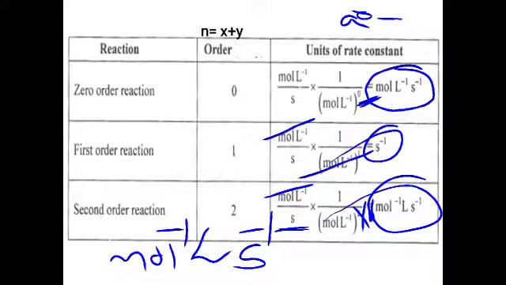So students, this is one way of finding the order of the reaction using the rate constant. We don't have any other way to find it other than the experiment. But in a problem, if they mention the rate constant, then it would be easier for you to find the order of that particular reaction. So you need to remember these rate constant units. If they have given mole per liter per second, it should be zero order. Second inverse means it should be first order. And if they have given mole inverse, liter and second inverse, that means it has to be a second order reaction.